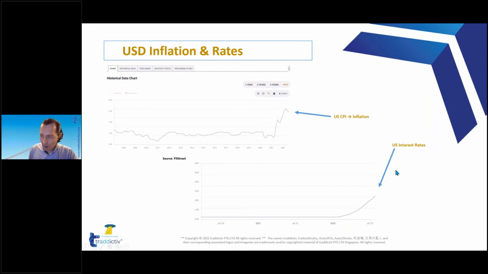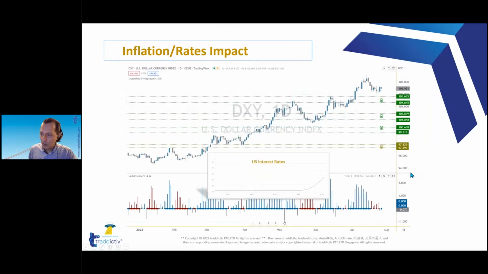And the moment that's happening has an impact on the US dollar, as we saw, bringing the prices up in a major way. So again, here is the chart of interest rates being raised since the beginning of 2022. This is now a daily chart of the dollar index. You can see here in the background the D for daily. That's a daily chart of the dollar index, DXY, right there.